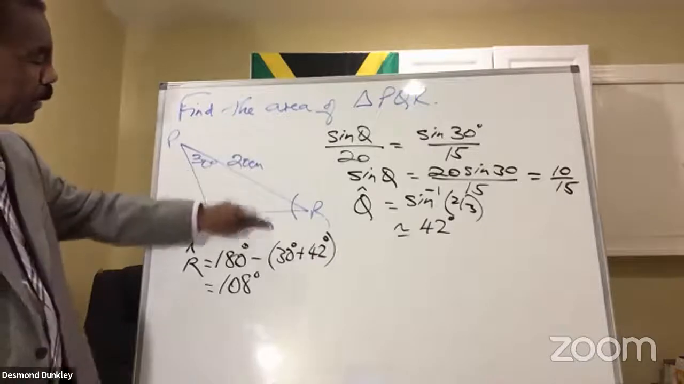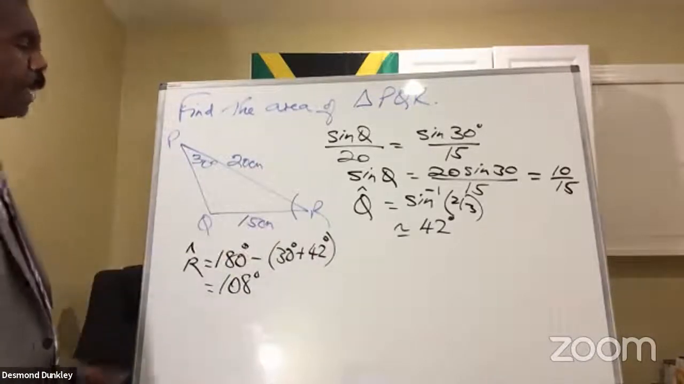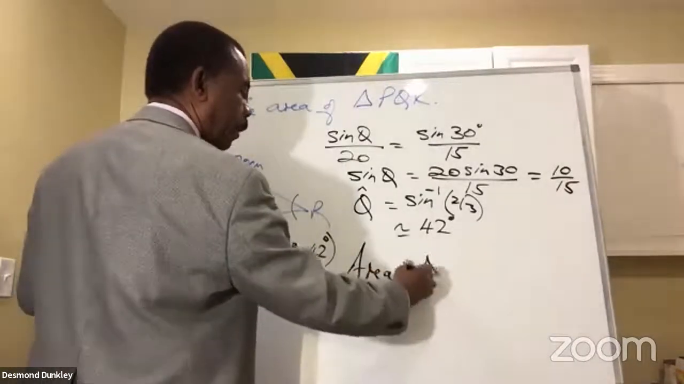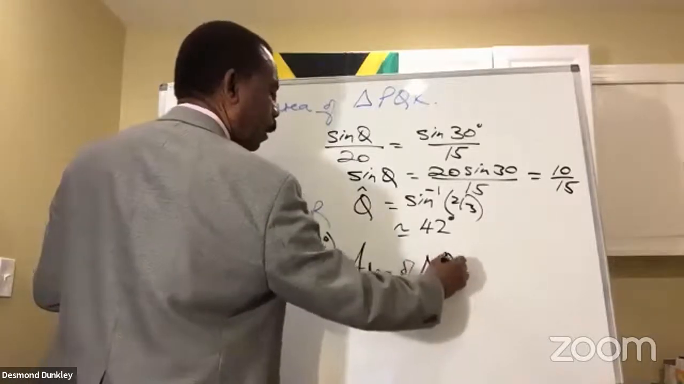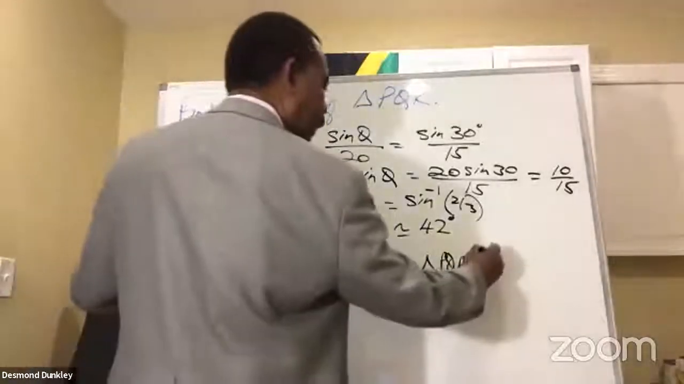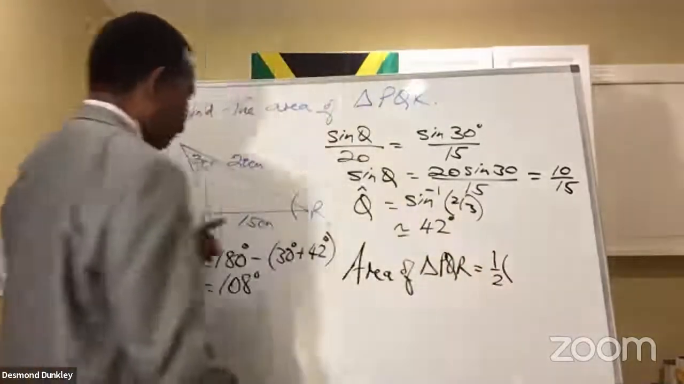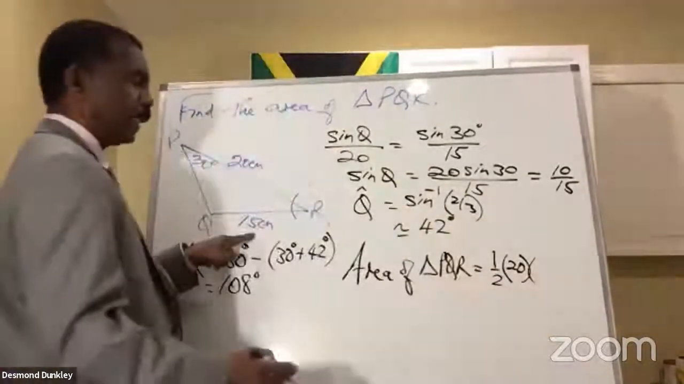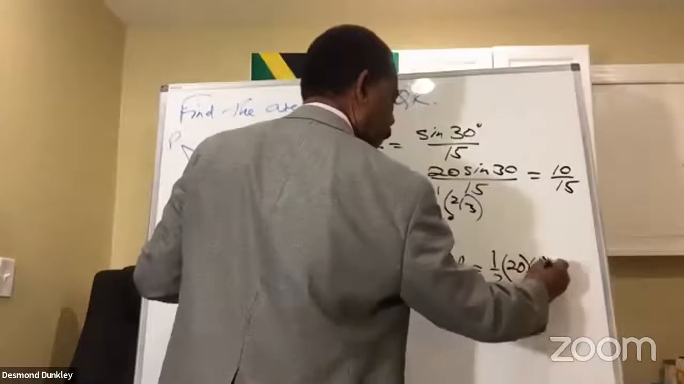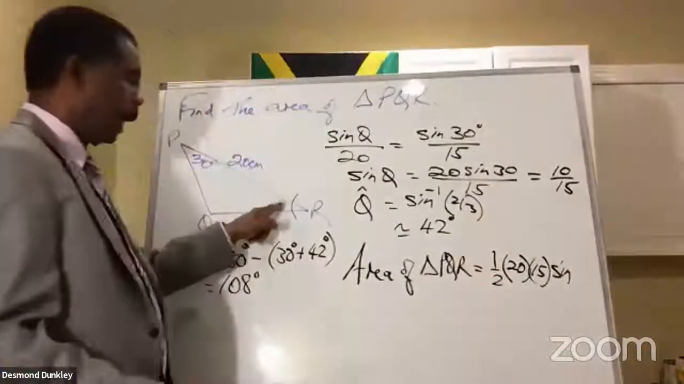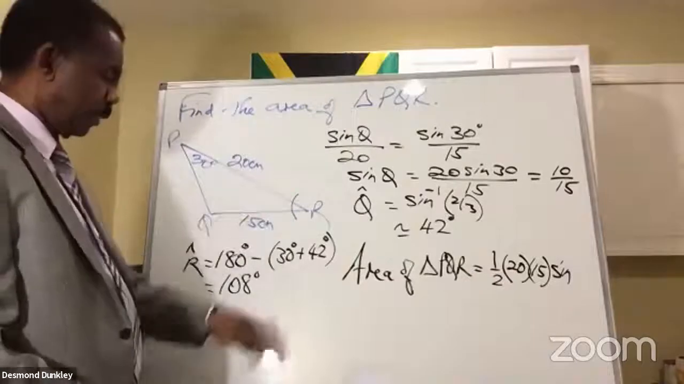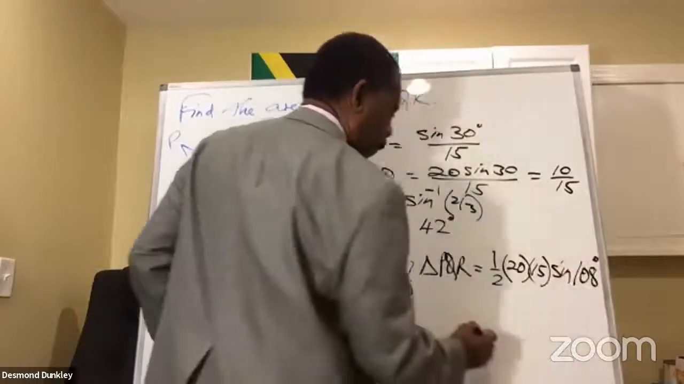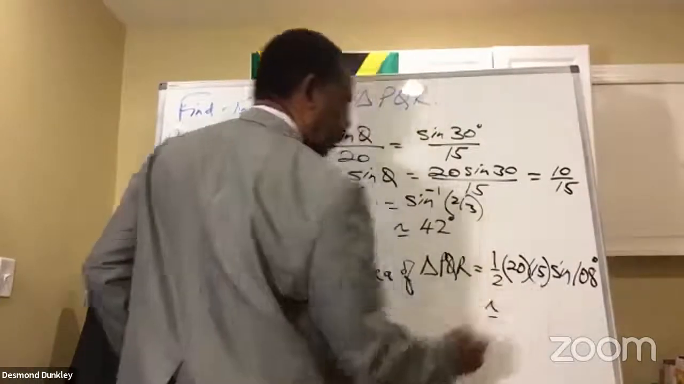We know the two sides that create the angle, so now we can find the area. So the area of triangle PQR is going to be equal to a half times 20 times 15 times sine of the angle R, the angle between them, which is 108. And that's approximately equal to